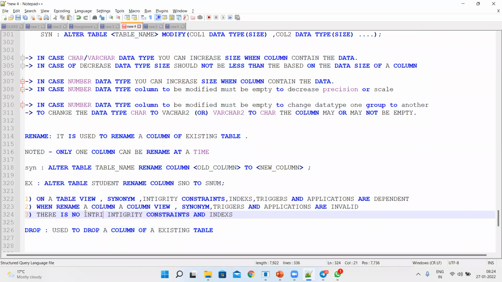You know what metadata is, right? We discussed it: data about the data. So there is no effect on the constraints and indexes.